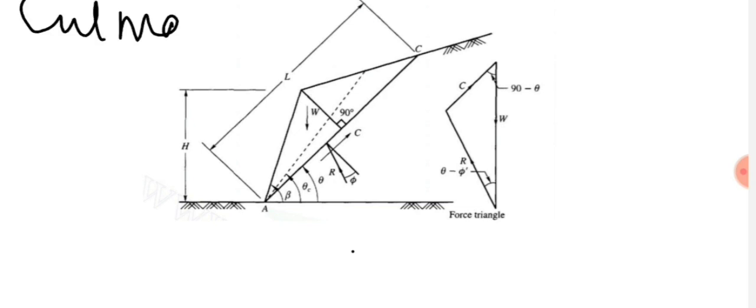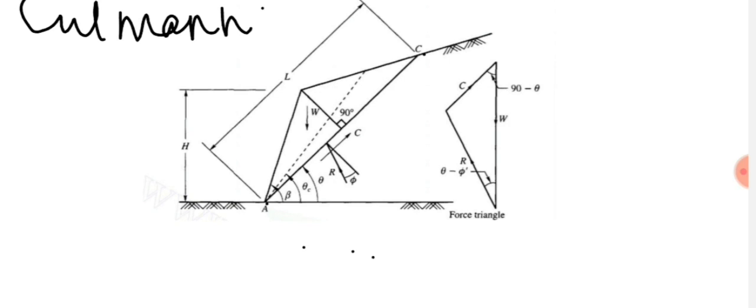by Kuhlmann, where he analyzed the slope as a whole and he assumed the slope failure to occur along this line AC. Okay, and he analyzed the slope. Now we have initially this beta as the angle of slope, and after the slope failure, the slope angle has become theta, and